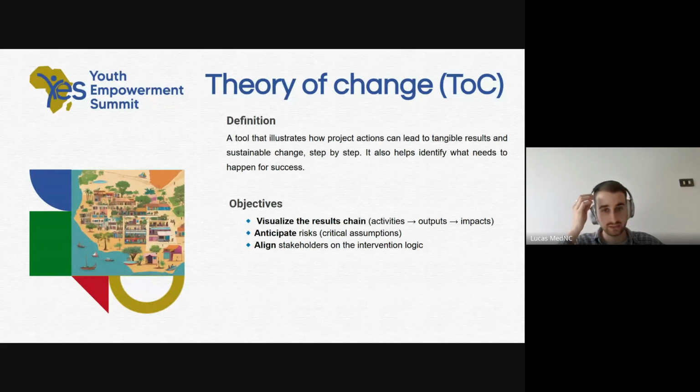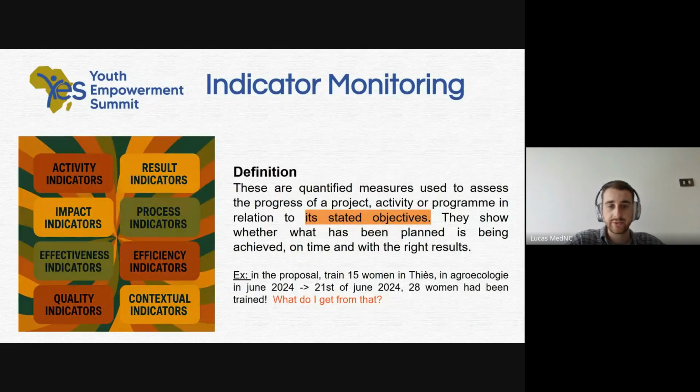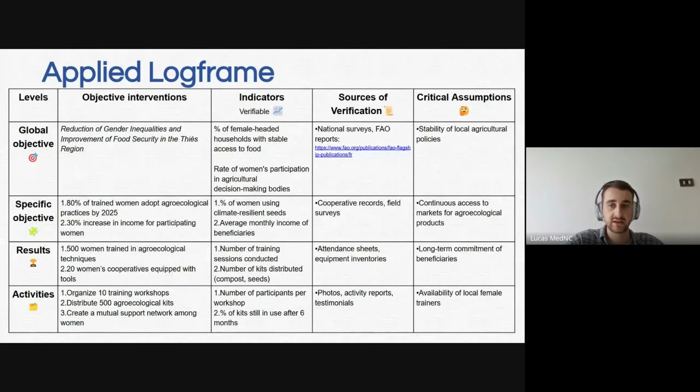So on the objectives, there are three objectives. The first one is to visualize the results chain. Well, that's what you do in a log frame, so that's kind of similar. The two other ones are adding to this. The first one is to anticipate the risk, because if you recall, when we were here, we didn't talk about the risk of the project.